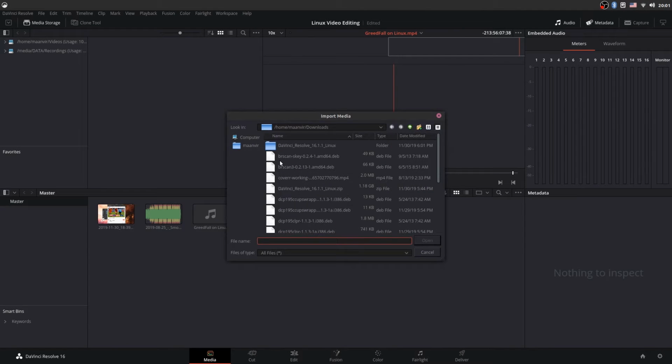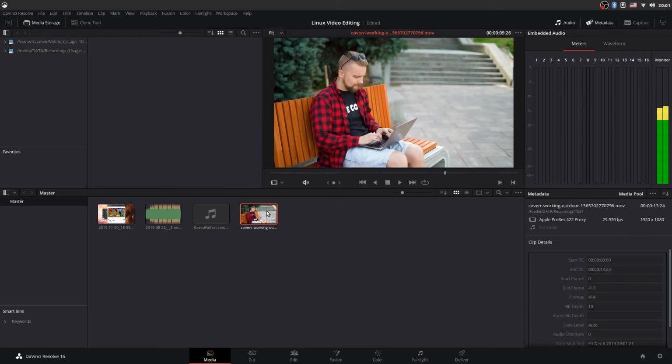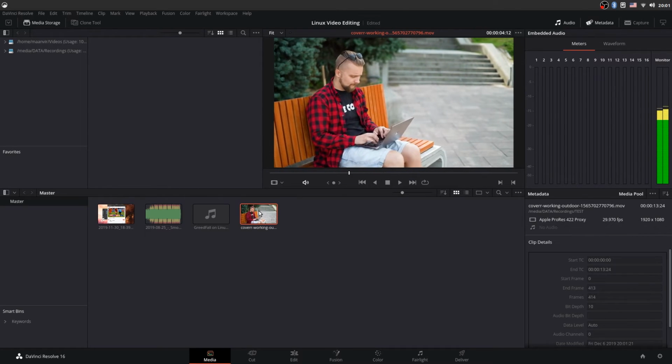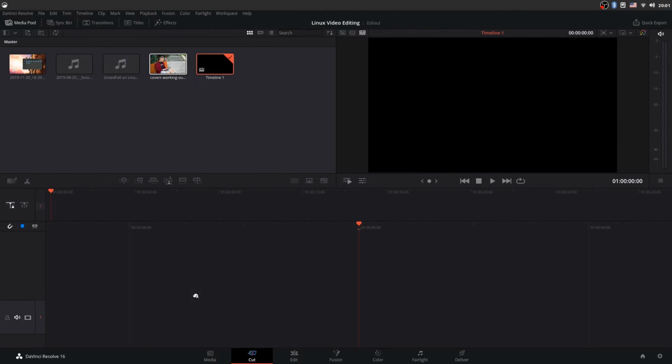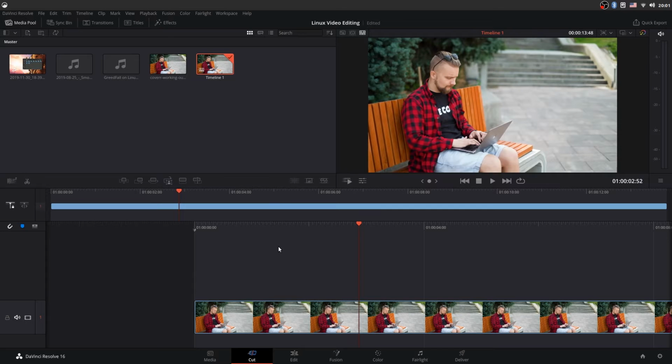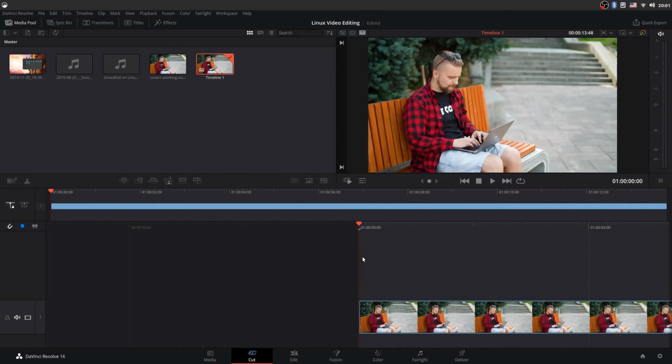If we go to import our newly converted video, as you saw already, the MP4 would not work, but this MOV video is working perfectly fine. As you can see, I can put it in the timeline and scrub to my heart's content. Now, after you have imported your assets and edited your videos, did your effects and all, we're going to go to the important part, which will be